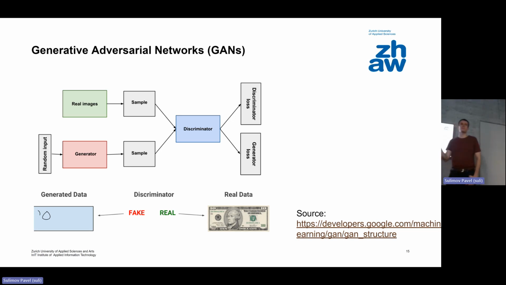And you're going to have a separate network, which is taking the real one. What is this? $10. I don't even remember who is on the $10. Do you know? Shame on me. I'm pretty sure on the $1 it should be Washington. On the 100 it should be Franklin. On the 10, no idea. So you see, I was also not that much prepared.